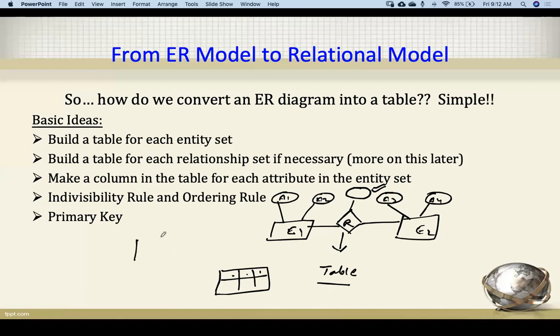Two columns, A1 and A2. Then we have another table where we have two columns, A3 and A4. This is entity 2, right? So it is saying that make a column in the table for each attribute in the entity set.